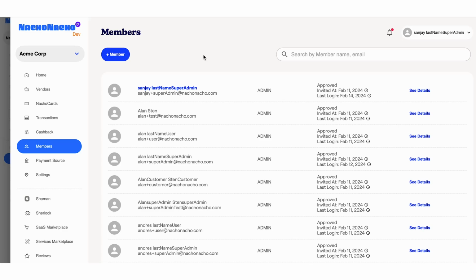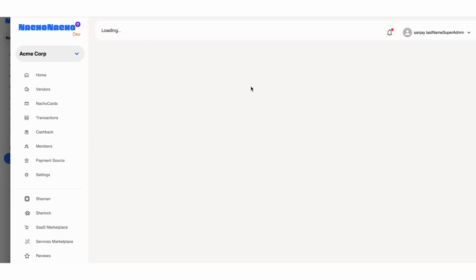If you've identified your subscriptions using Sherlock, you could start adding team members. Again, if they connect any of the sources through Sherlock, you'll be able to see what subscriptions they're using as an admin to make it easier to onboard them and assign Nacho cards to their subscriptions. You could add team members by clicking this button up here, which is the same area around here where you could actually see